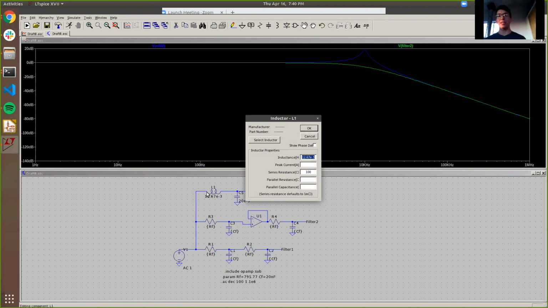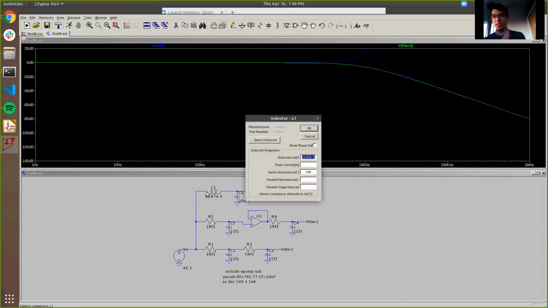In that case, you're going to have a lot of losses. You're going to have I squared R of whatever current is flowing through. That's how much power you're going to be losing through that inductor with 100 ohms alone,